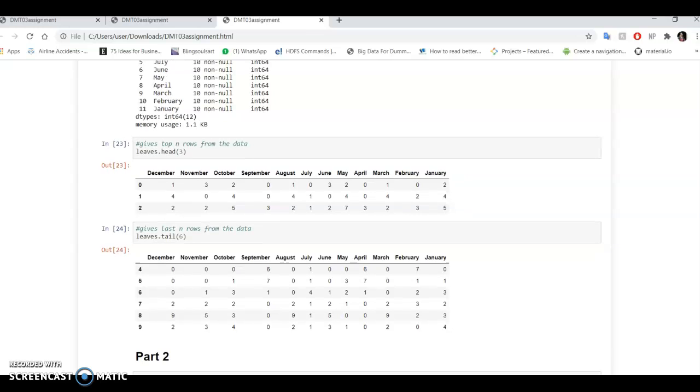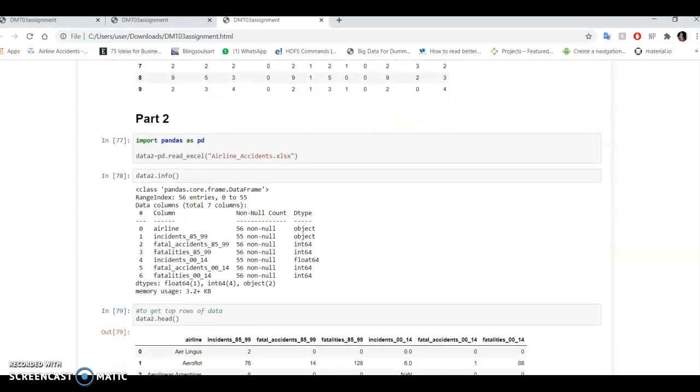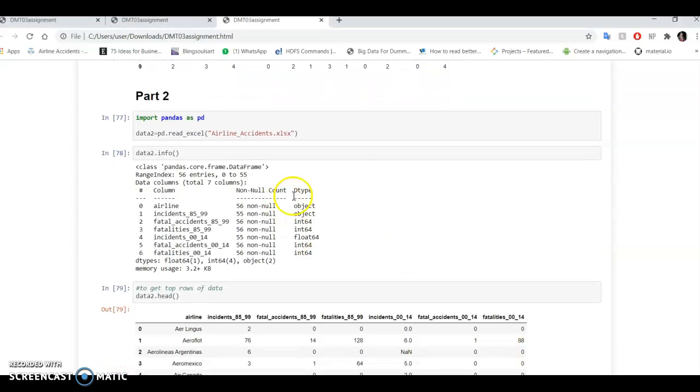in each month. Next, I have used the head command, which gives me the top n rows of the data, and the tail command, which gives me the bottom n rows of the data. I have used 6, so there's tail 6, so this gives me the bottom 6 rows of the data. So that's it. This was part 1 of the assignment, and for part 2 of the assignment, I have taken